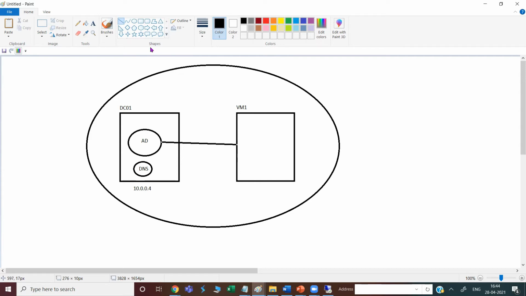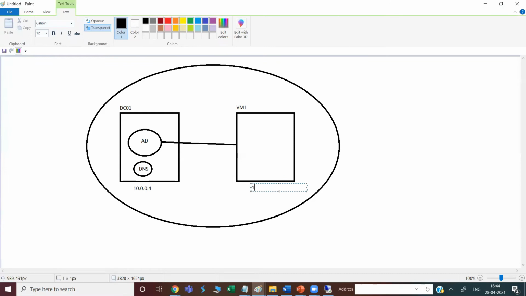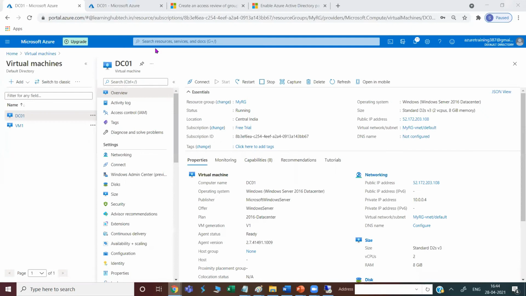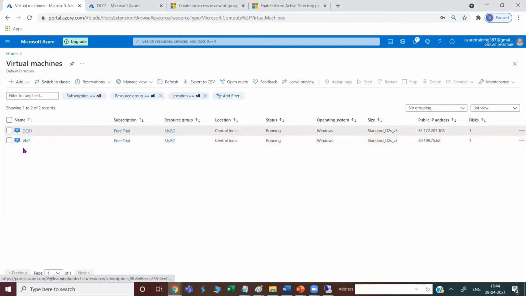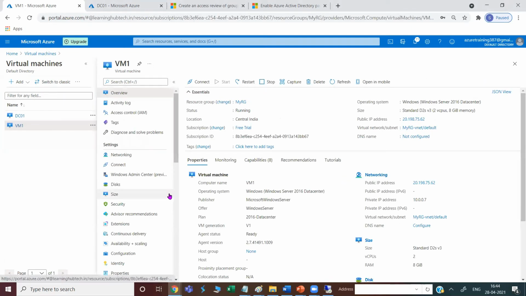adapter settings here. So in DNS, I have to give this particular IP address. So I need to change the DNS here and mention this particular IP address here. Okay, so that it can identify your domain controller, it can reach here and contact the Active Directory and the domain controller in this scenario. So same thing we will try to do. Come here, my virtual machines are ready. So come here on VM1 and then click on connect.